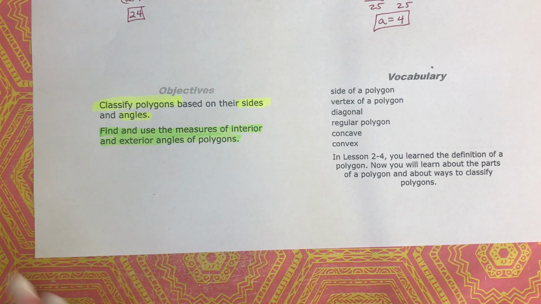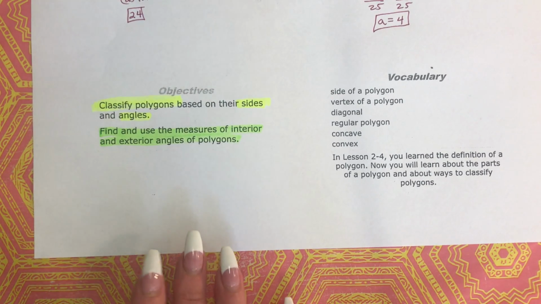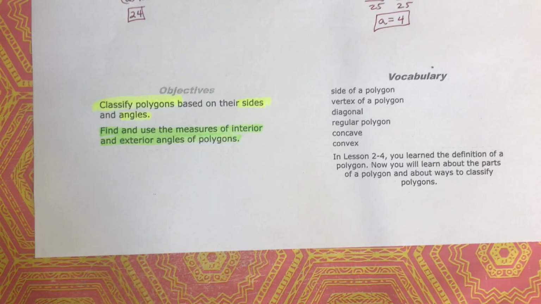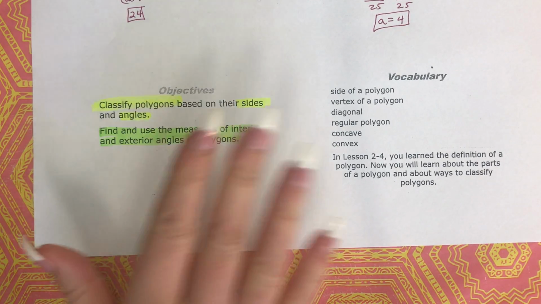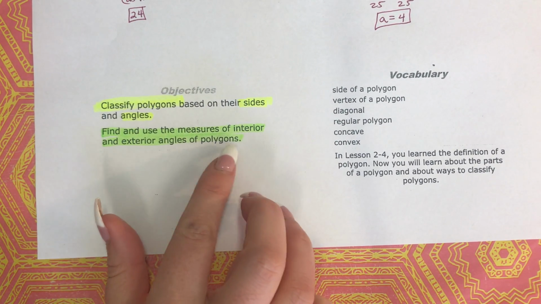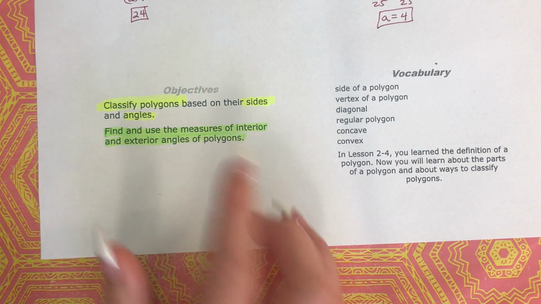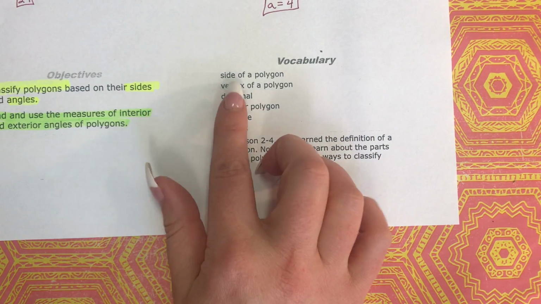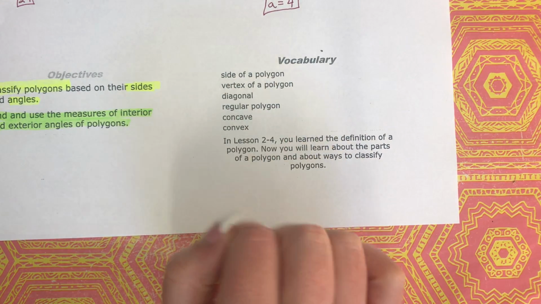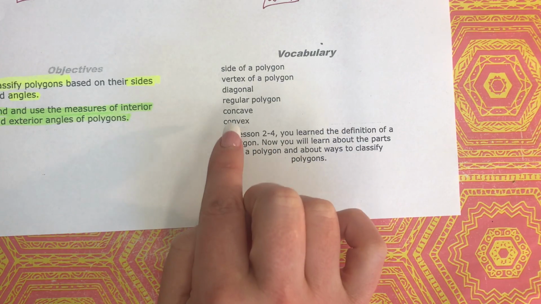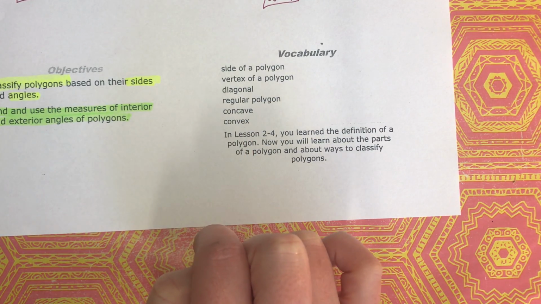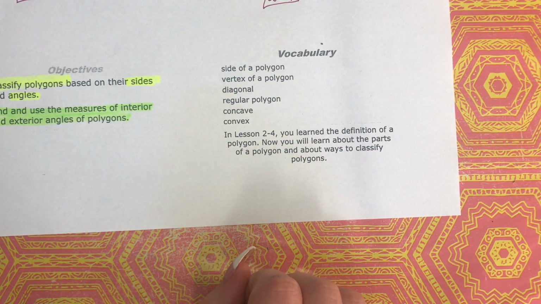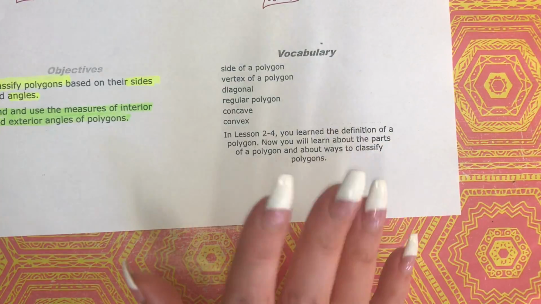So far, this year we've been talking a lot about triangles, and now we're going to move into shapes that have more than 3 sides, okay? Which is polygon. Poly means many, gon means side, so many-sided figure. That's what polygons are. Just a little bit of vocabulary. We're going to be talking about the side of a polygon, the vertex of a polygon, diagonal, a regular polygon, concave, and convex. Okay, let's go ahead and go over some